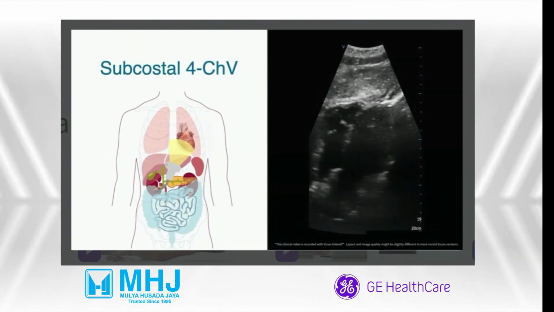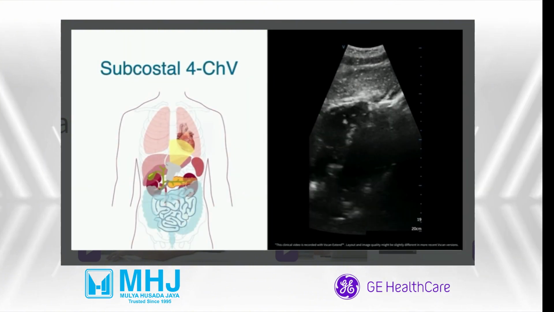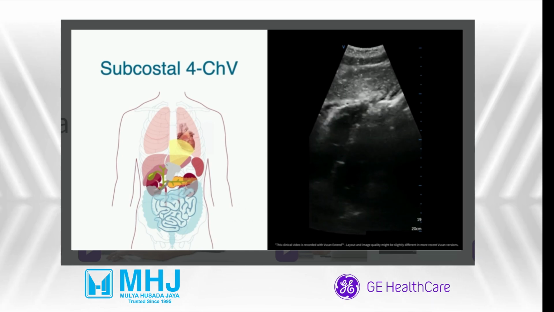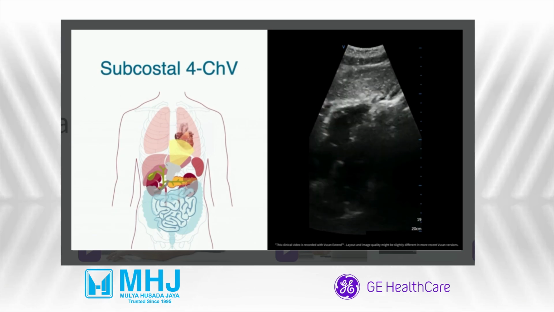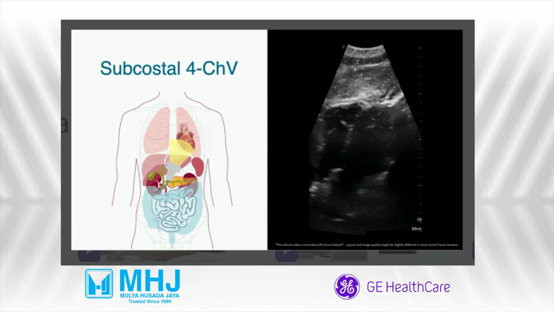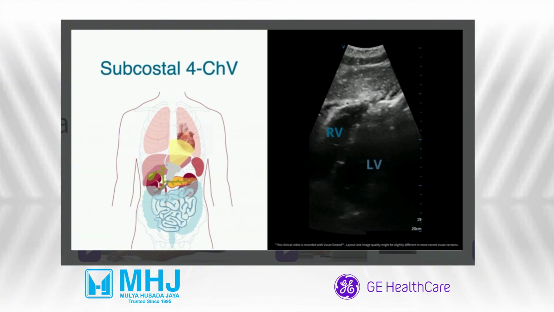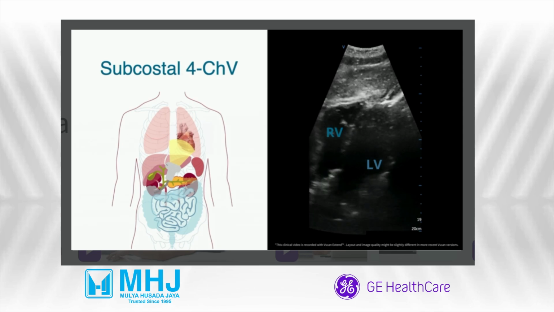The subcostal four-chamber view. In the subcostal four-chamber view, it's very important that you place the transducer truly below the xiphoid or the ribs and aim the transducer, or the beam of the transducer, towards the heart. And you want to visualize all four chambers, the right ventricle seen over here, the left ventricle, the right atrium,